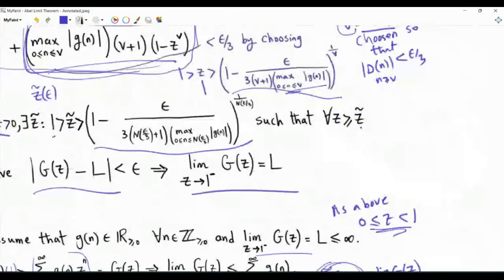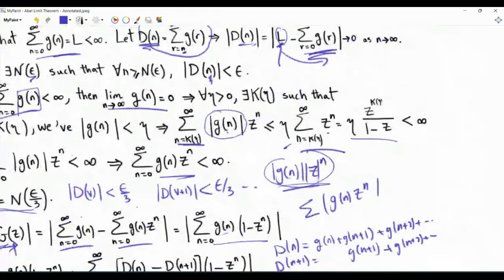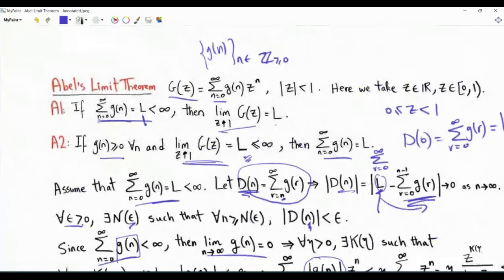And so now we have established the second part of Abel's limit theorem, which is if the sequence of interest is real valued and non-negative, and then we evaluate this limit here of the generating function g of z as z approaches 1 from the left, then if this limit is plus infinity, this summation is plus infinity. If this limit is a finite number, this summation is a finite